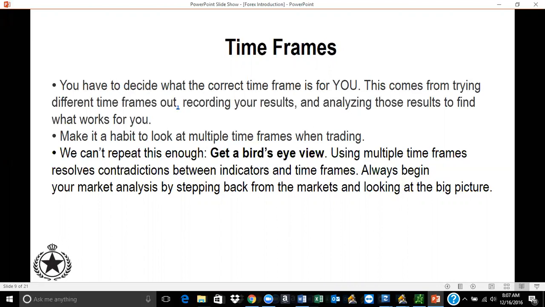When I first started trading, I was paying attention to 30-minute and hour charts because I didn't have patience, which is very important to trade in this market. I didn't have patience, and I was always watching the market. I was always watching it, and I wanted something fast-paced. And so you have to know what you want, and that's going to change as you grow your knowledge and understanding of the market. When you first get started, you're probably going to want to trade 30 minutes to an hour